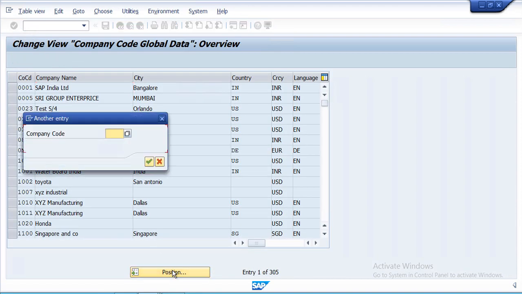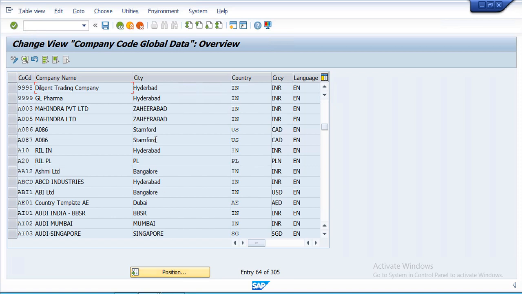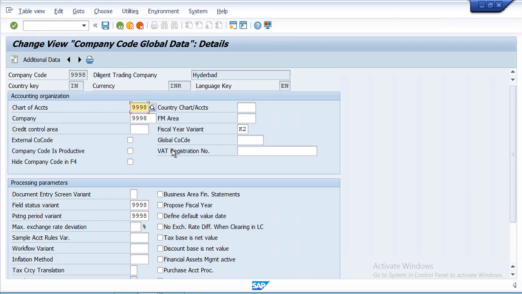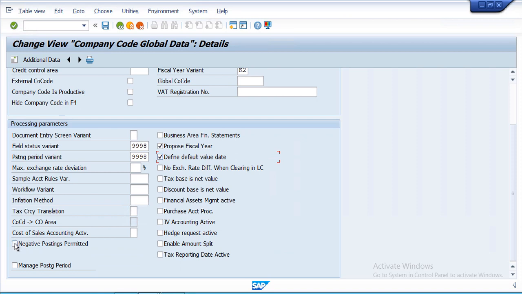Click on position. Double click on this one. Select this proposed fiscal year, define default value date and negative posting. If you don't know negative posting, please refer ECC classes. There is no change in this configuration and negative posting concepts.